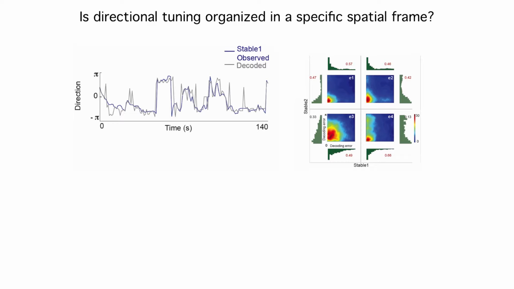What's plotted on each axis is the error, and you can use the priors, or the directional tuning curves from the first stationary session, to make predictions about where the activity would be, which direction the animal would be pointing, or the ensemble would be pointing in the second stationary session. And because these points are close to the origin, you can see that means things are reasonable.